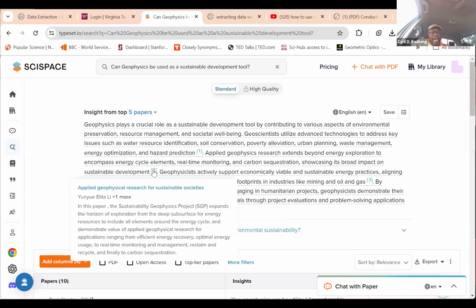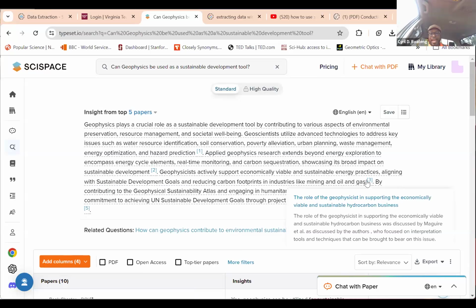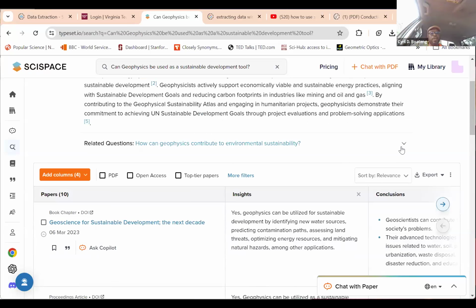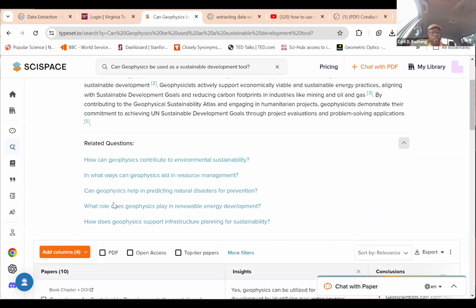Second one, you can see Applying Geophysical Research for Sustainable Societies. Another good reference. And because I'm working on a systematic review on this topic, I can see that these are really good references. And this one, The Role of the Geophysicist, is another good one. Then it can give you related questions that you can even type, more examples based on what you've given.